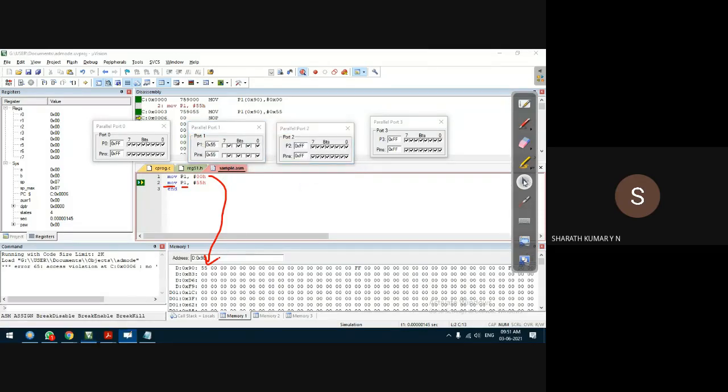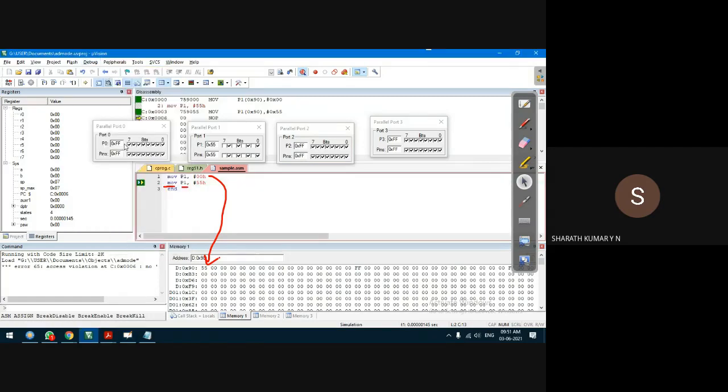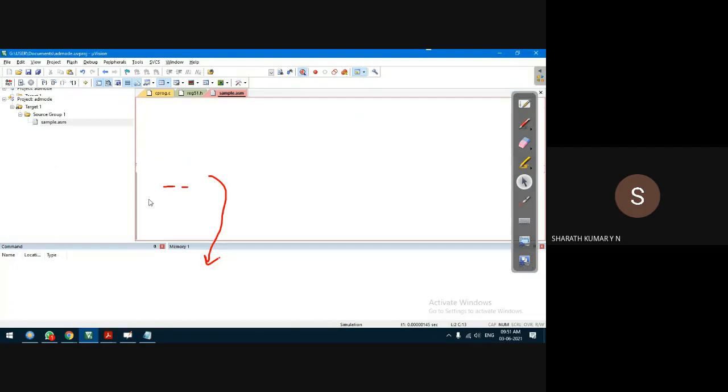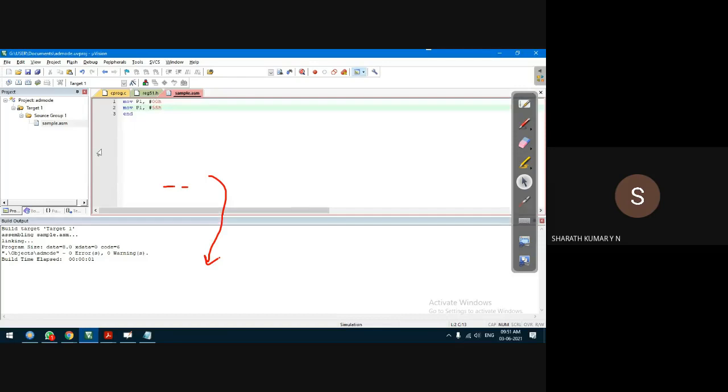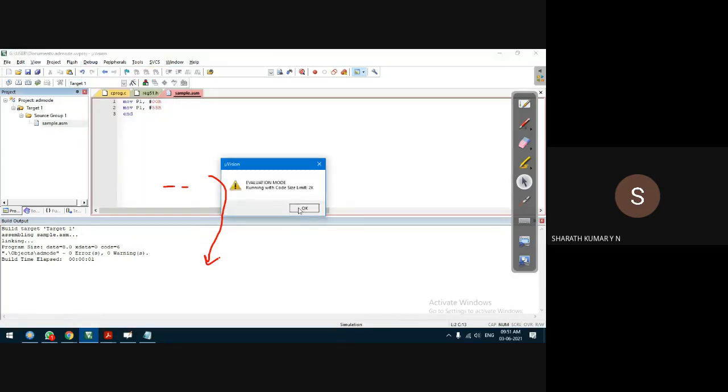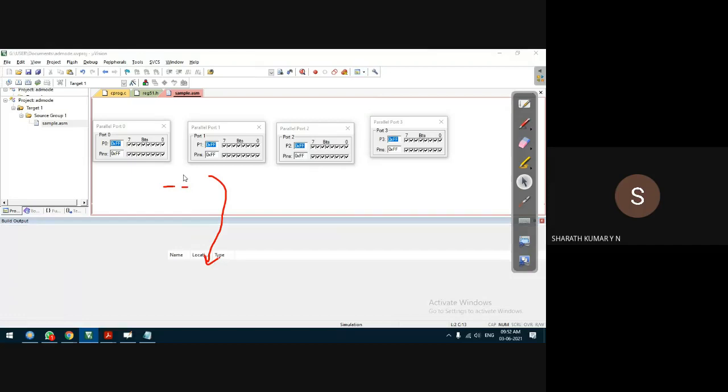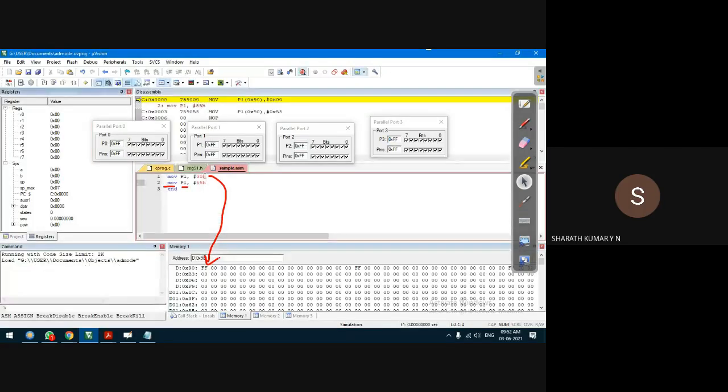I open all the 4 ports. I'll come from the beginning, guys. Sorry for running the program again and again, I want things to be clear here. Save the program. I didn't modify the code, but it's always good practice to save the program and then run the program. Debug start session. Maybe it has become a habit for me. Save the program, then run. It's a matter of practice.